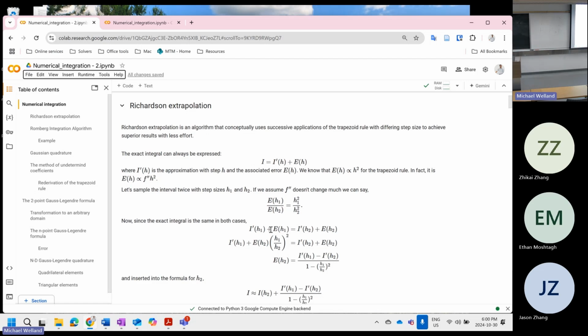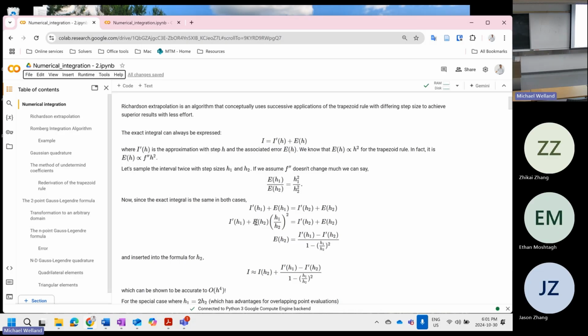So this is the approximate from h1 plus the error, and the approximate from h2 plus the error from h2. Now we can remove one of these terms. Isolate for the error from h2, pop it into this equation, and what we've effectively done is eliminated that second order derivative,